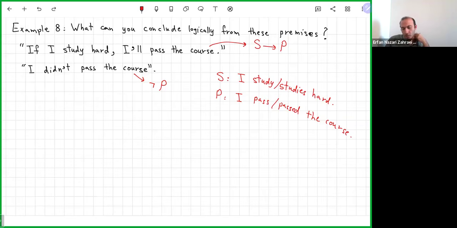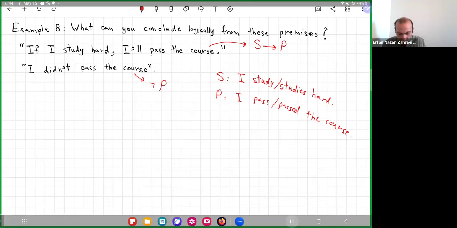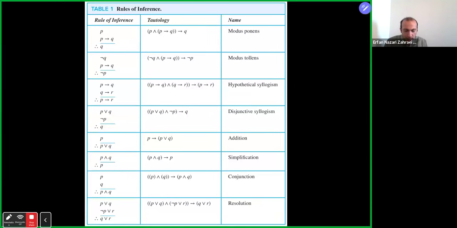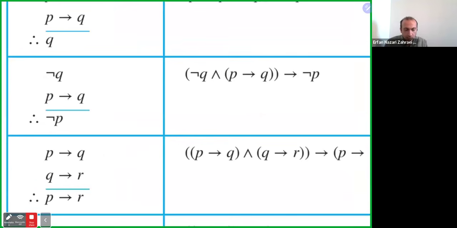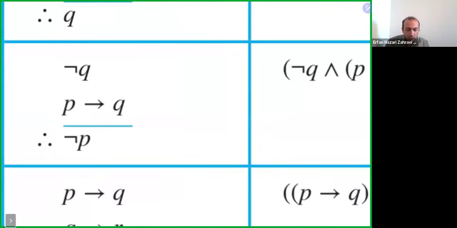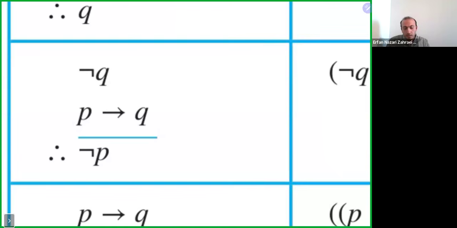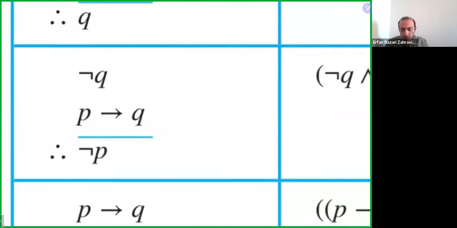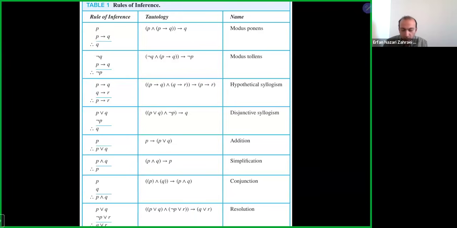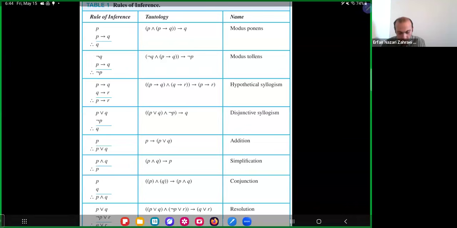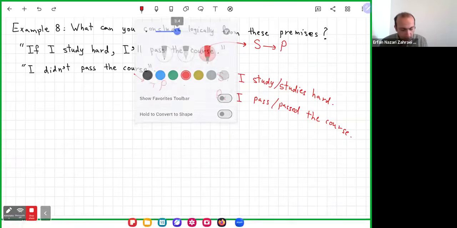And I want to conclude something from them. If I look at the rules that I have, this is exactly this one. If you have P implies Q and not Q, then you can conclude not P. And the name of this rule is modus tollens. So basically, I can say that